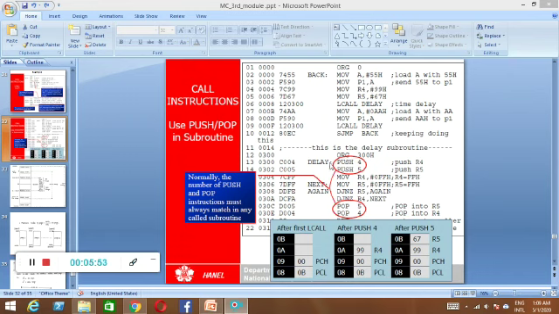The program counter will be loaded with a new address, which is the subroutine address. So where is that subroutine address? The subroutine address is 0300. So this is a new subroutine address and it has to execute this one. Now we are going to see what instructions are available within this subroutine, or the delay program. It is going to have the instruction called push 4.